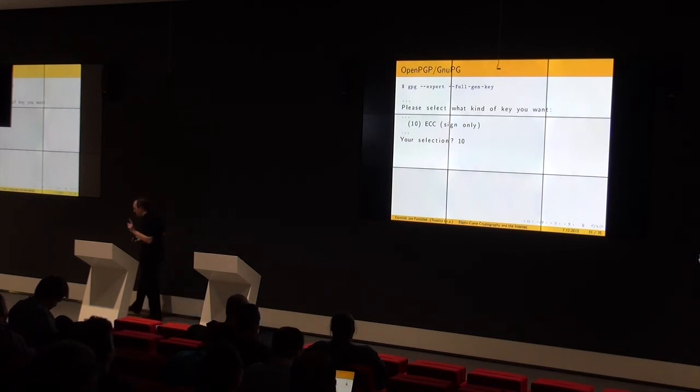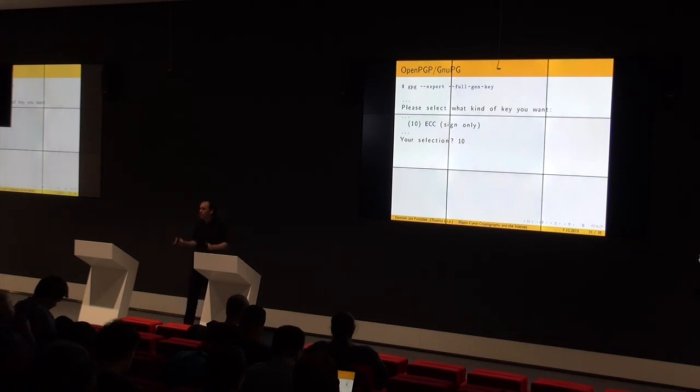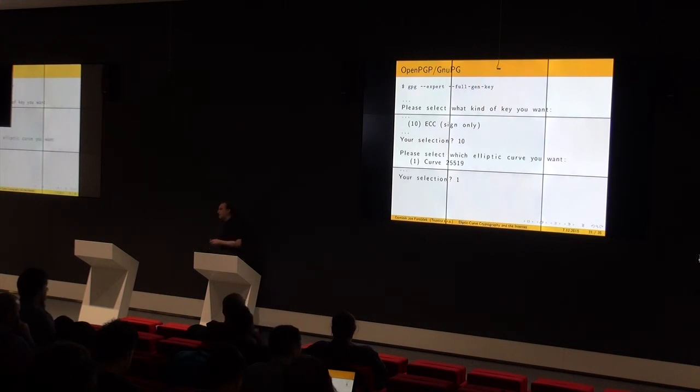And this is important. As I mentioned in the standards, I was dealing only with EdDSA, which means authentication, signing, message signature verification. No key exchange yet. It is planned, but no work has been done yet. So you have to select that you want to use ECC for signing only, and then you can select curve